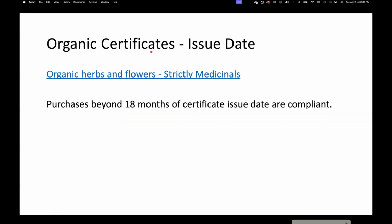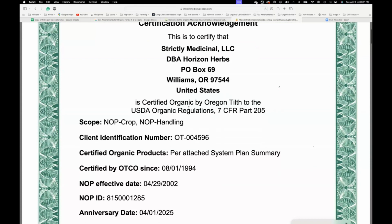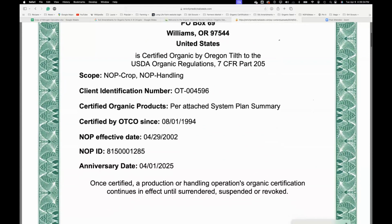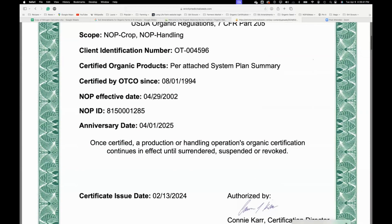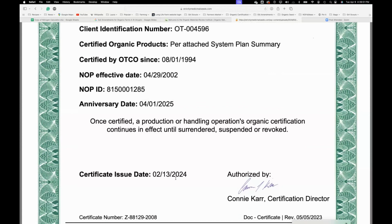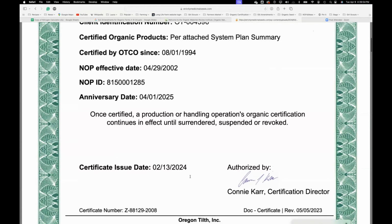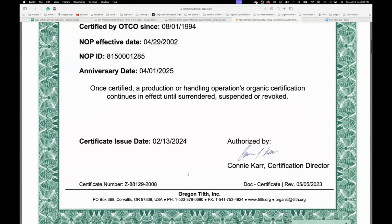So for example, what do you care about on the organic certificate? You're looking for something called an issue date, because there's lots of different dates on these certificates and it can be a little confusing. So this is Strictly Medicinals, where I get some great organic herb seeds and flower seeds. You'll notice that they have a date here, certified by on this date. The effective date is here and the anniversary date is here. None of those dates are important to you. What you care about is the issue date. So from this date of 2/13, you have 18 months to buy seeds from this operation and still be compliant. Okay, so you have 18 months from the issue date